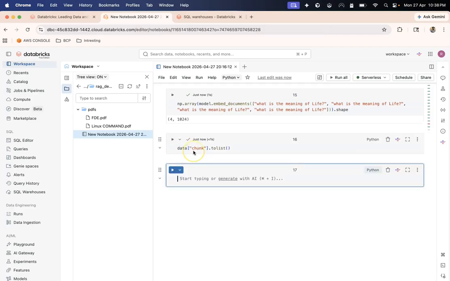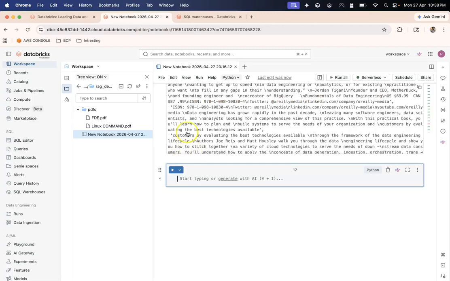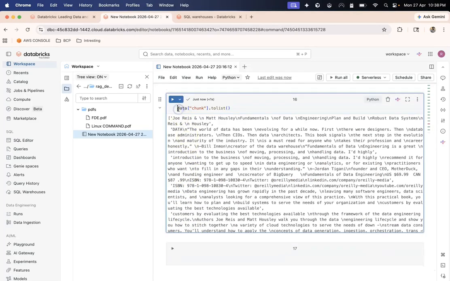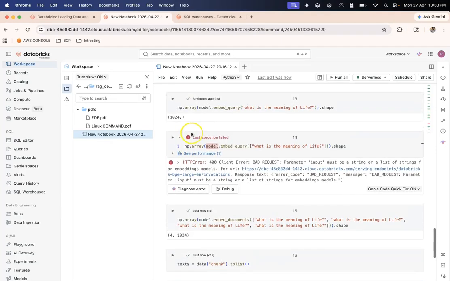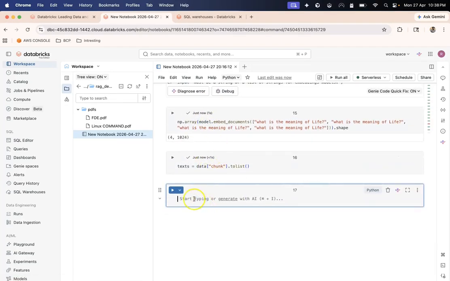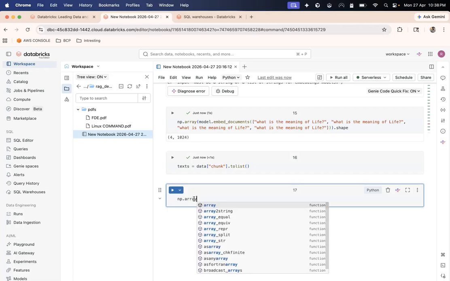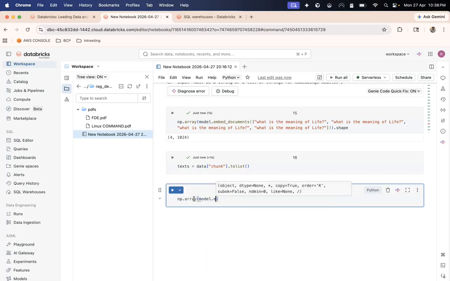Let me run this. Obviously it is a huge list. Now I can save this as texts, and I can do np.array(model.embed_documents) and pass all the texts there, and save this as embeddings.